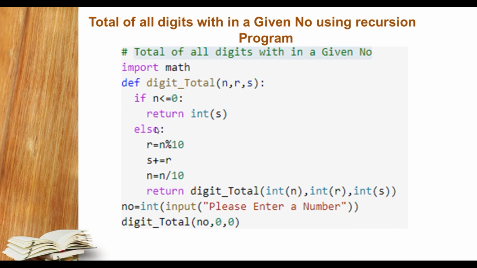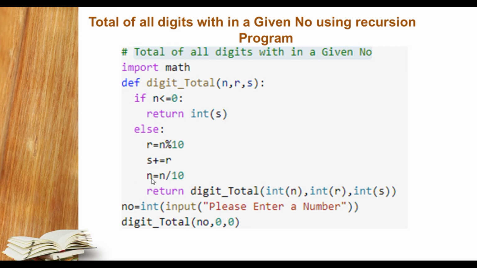Okay, otherwise if it is not true, then come to the else part and it will erase the particular value. I am to say cut out the value from the last element, that is n modulus by 10. Suppose that value is 1 2 3, so 1 2 3 modulus by 10, so the last digit is 3, so 3 will be cut from there, separated from there, and it will be stored to r. And r, suppose that 3, equals to s plus 0, where s is 0. We will provide here s is 0.